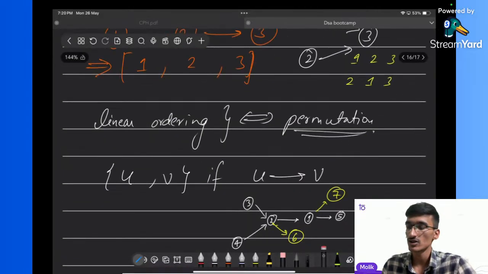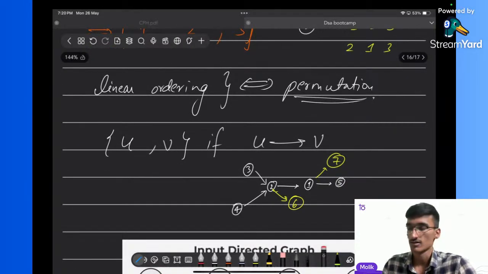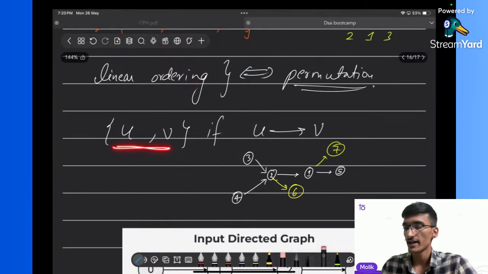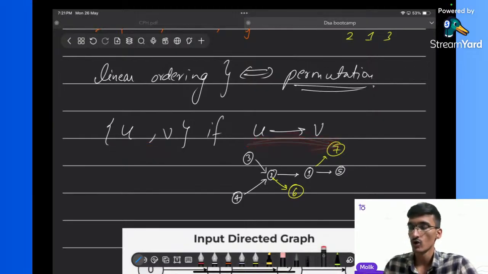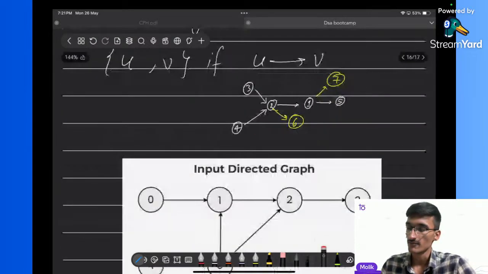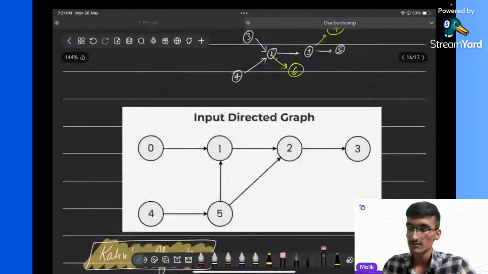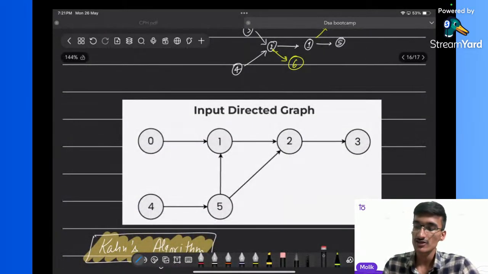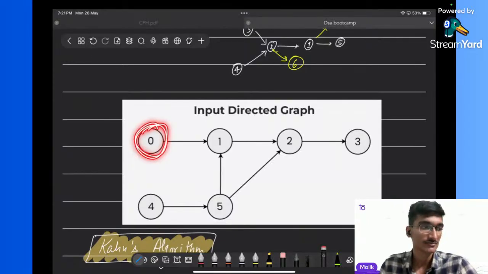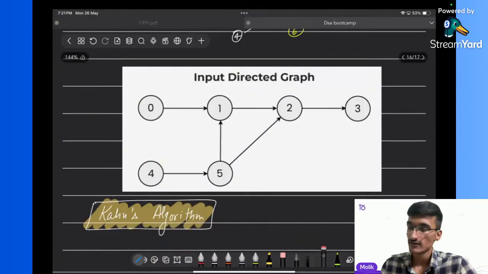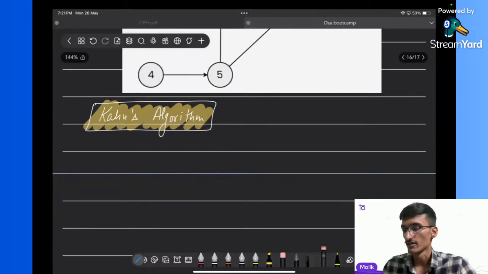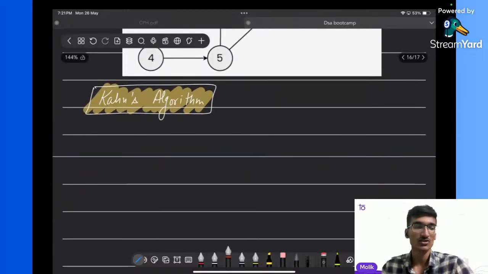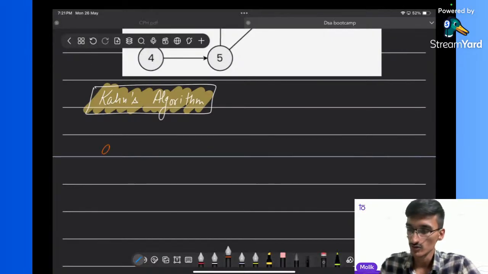Because what was the condition of a valid topological pair? U comma V is a valid pair if there is a directed edge from U to V. So U always comes before V if there is a directed edge from U to V, right? So by this definition, trivially, any vertex with no incoming edge should come first. I hope it's clear. So Khan's algorithm is actually very intuitive. What you do is you run a multi-source BFS. You declare a queue,